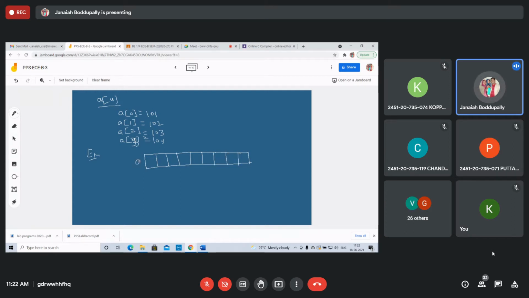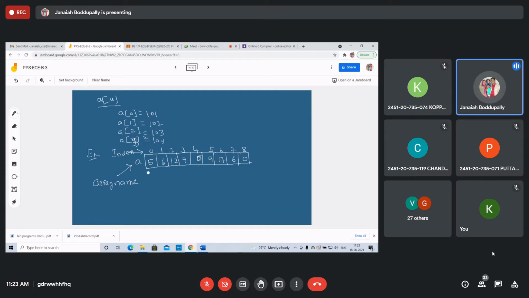I'm taking the array name as array A. Whatever you are writing, 0, 1, 2, 3, 4, 5, 6, 7, 8, these are called the index. A of 0 has the elements 5, 6, 12, 7, 0, 9, 17, 6, and so on. All these are elements.